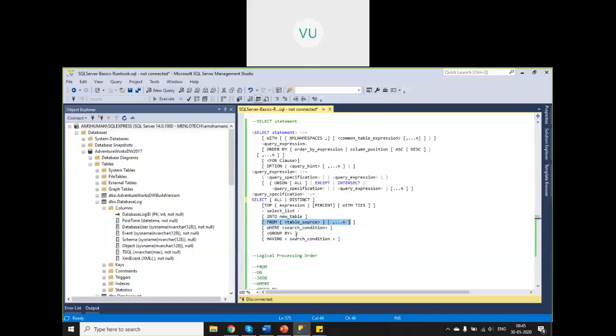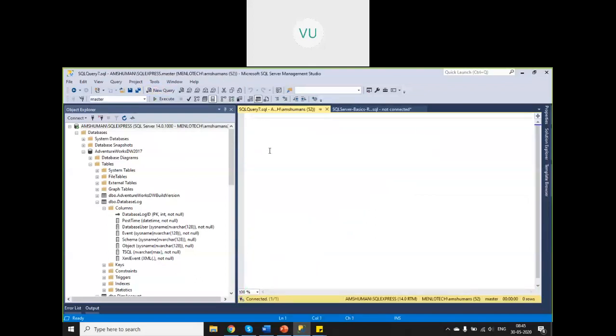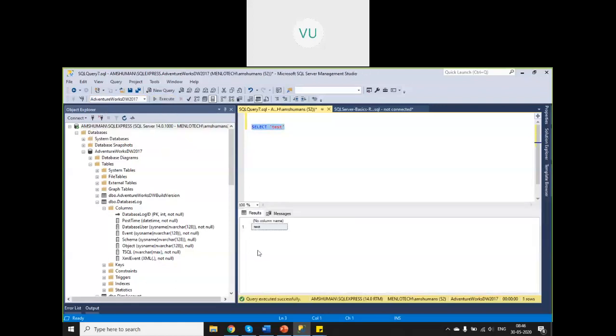Okay. So why do we have optional square brackets here? Normally the standard queries will have from, but you can also say just select some statement, so that will output the particular value to your console. Just to demonstrate that, when I say select test, right, test will be output.